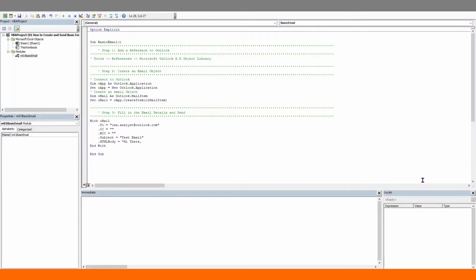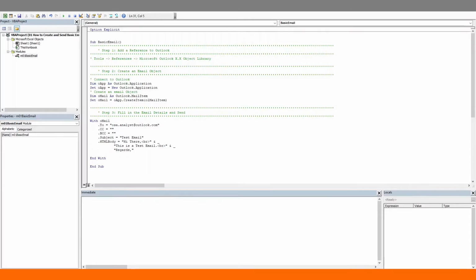To move to the next line in an HTML body, we will use a break tag, which looks like this. Let's continue with the rest of the text, but we'll continue it on a new line in our VBA code as well. So we'll close the text. To join or concatenate this text to another line of text, we need the ampersand. And to move to a new line in VBA, we will use the underscore. And for the rest of the email body, one line and our other line.